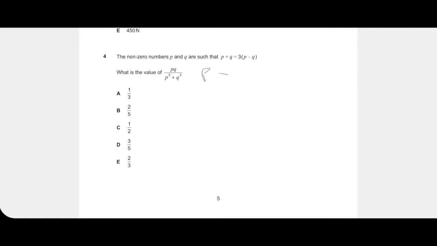So p plus q is equal to 3p minus 3q. And I'm going to bring the p's on the left hand side, keep the q's on the right hand side. So that's going to come to minus 2p is equal to minus 4q. And now I'm going to make the left hand side completely simplified. I'm going to make that equal to p. P is equal to